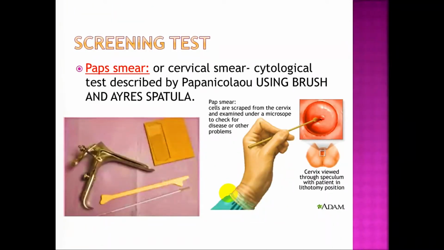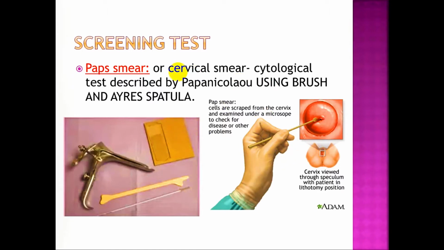The screening test is the pap smear or cervical smear cytological test described by Papanicolaou using a brush and Ayre's spatula. This is the Ayre's spatula and this is the brush. In a pap smear, cells are scraped from the cervix and examined under a microscope to check for disease or other problems. The cervix is viewed through a speculum with the patient in lithotomy position here,